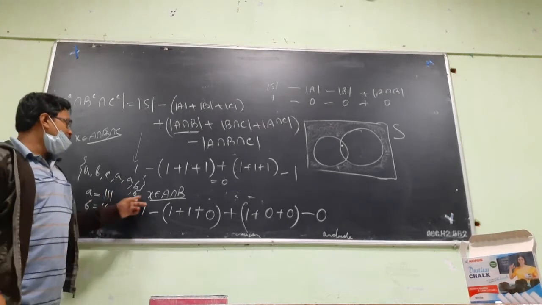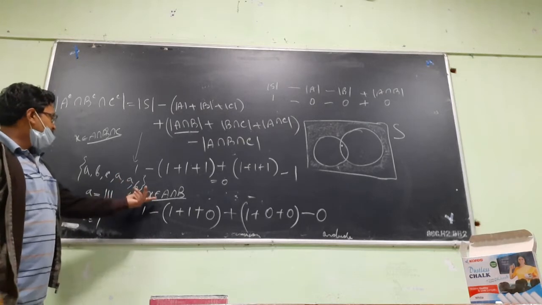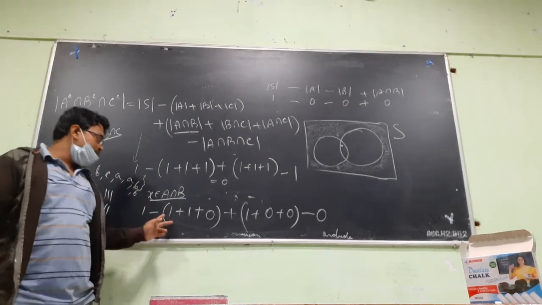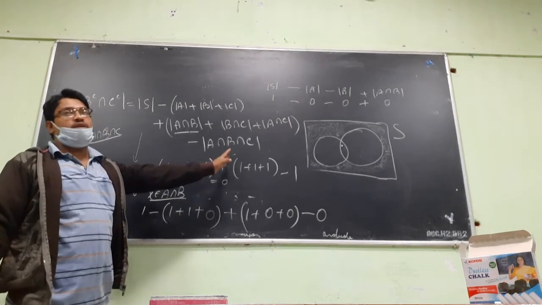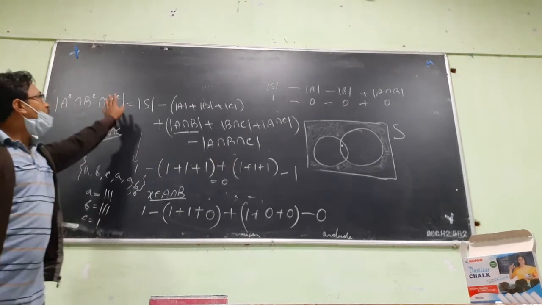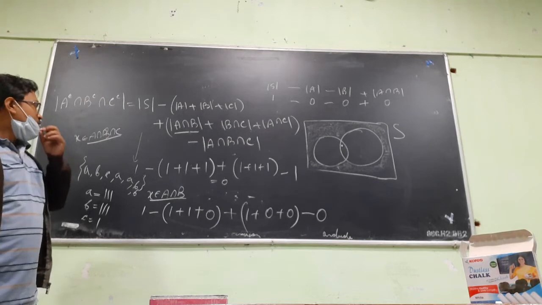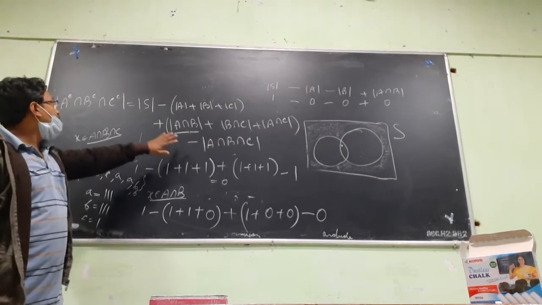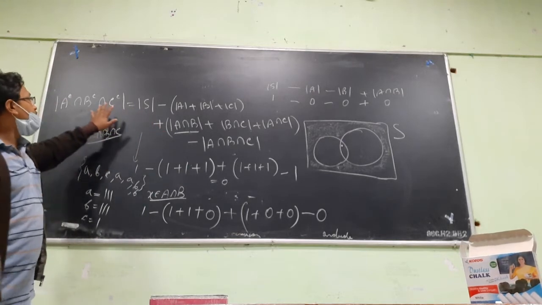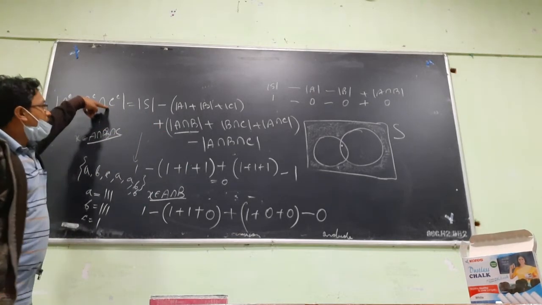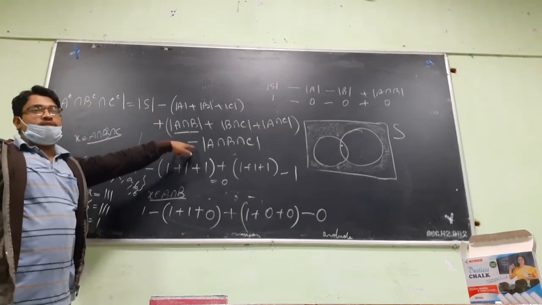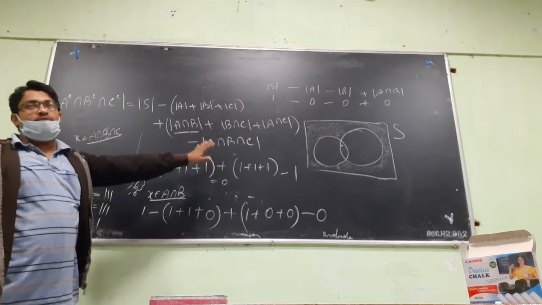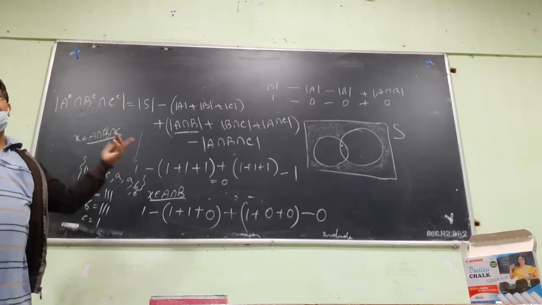So if an element belongs to 2 of the sets, same thing for B intersection C and C intersection A. If an element belongs to 2 of the sets, it is not counted by the right hand side. It is not counted by the left hand side. So an element which is counted here is counted here. We want to conclude this. An element which is counted here is also counted here once. An element which is not counted here is not counted on the right side. Then both of them will give you the same count.